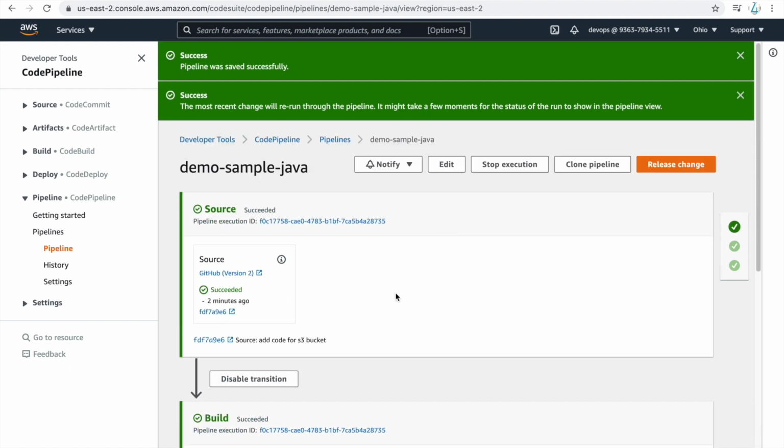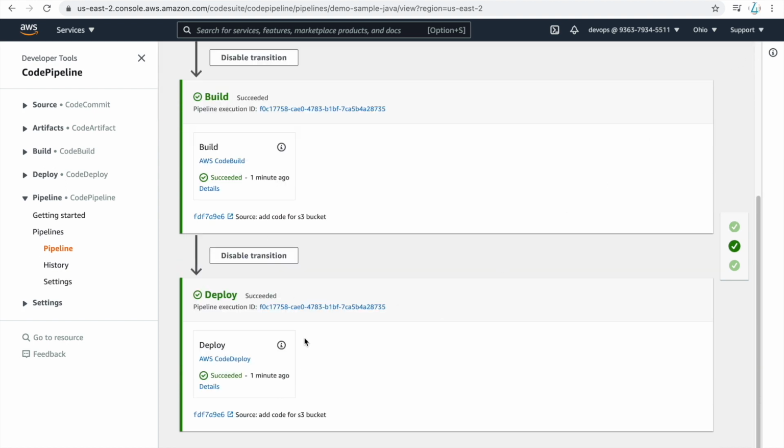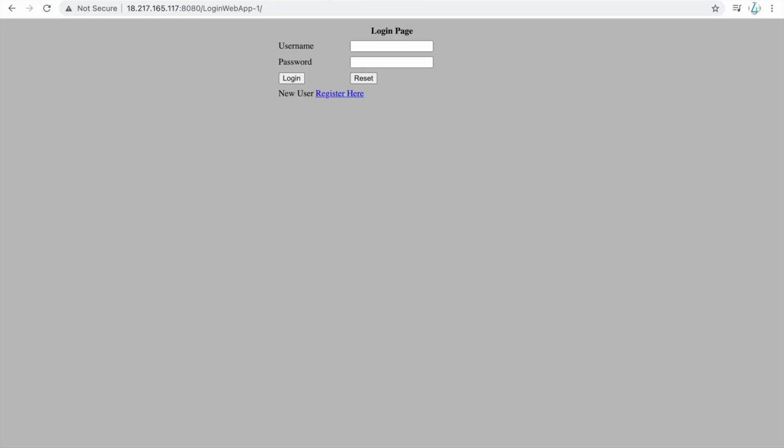You can see the source, build stage, deploy stage, and everything. Once everything is successful, you can check your EC2 instance and it is running on port 8080, and this is my application. If I hit OK, you can see that I'm able to install my application and access it successfully without any issues.